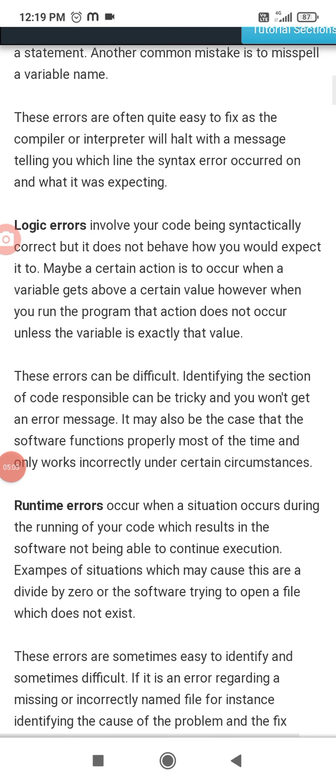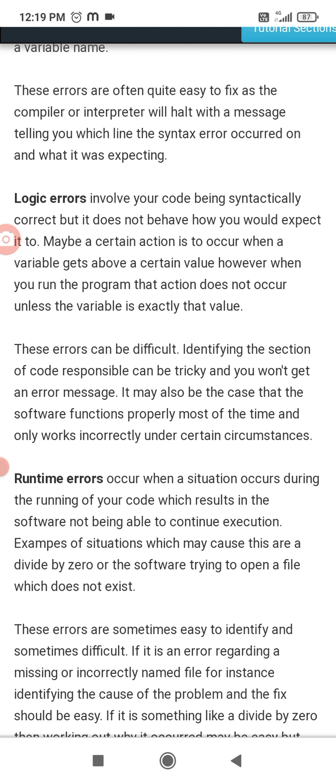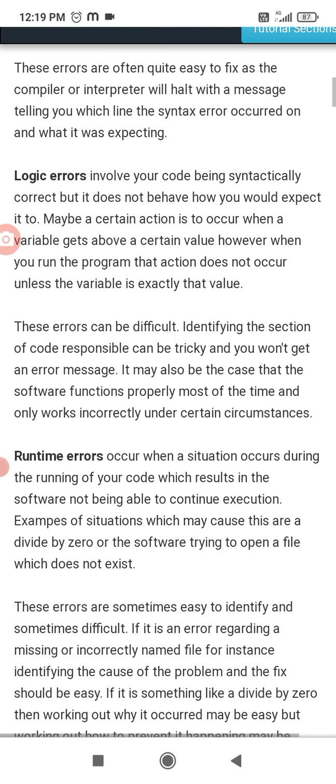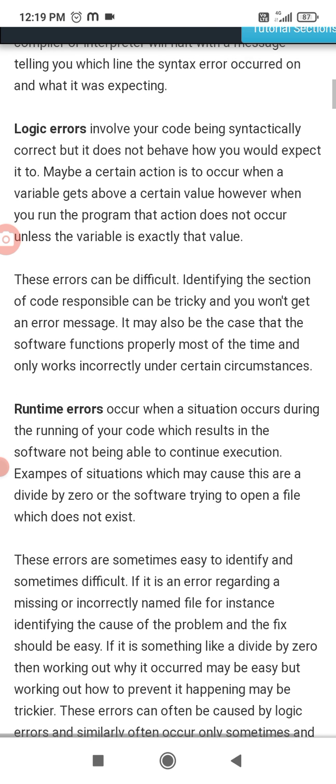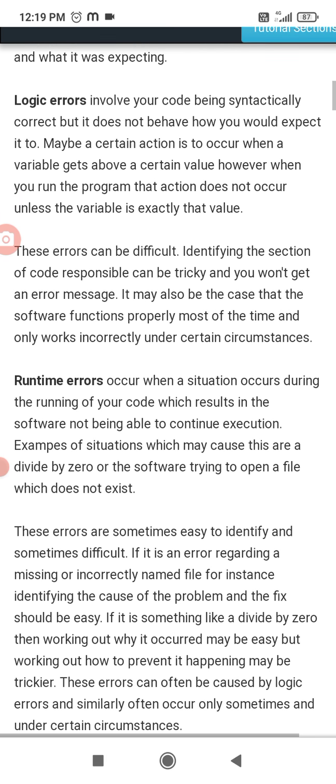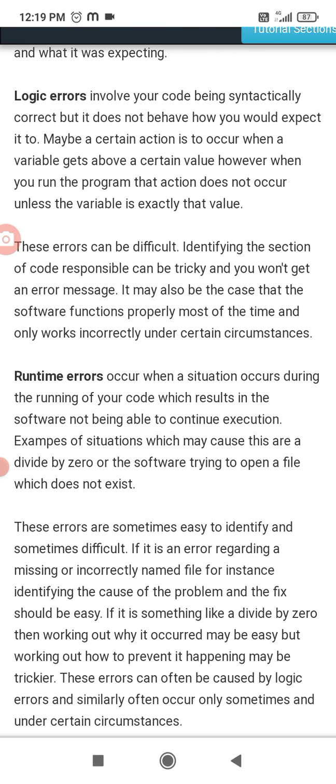These errors can be difficult. Identifying the section of code responsible can be tricky and you would not get an error message. It may also be the case that your software functions properly much of the time and only works incorrectly under certain circumstances.